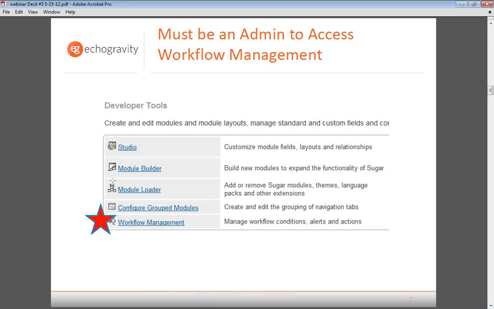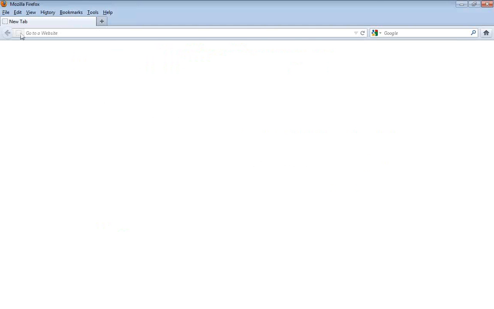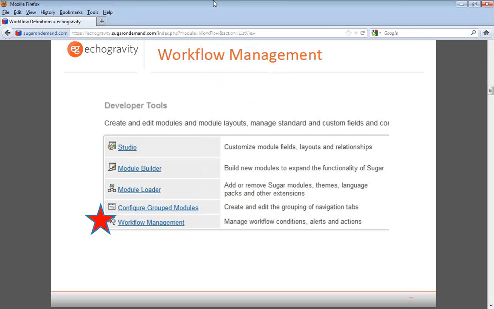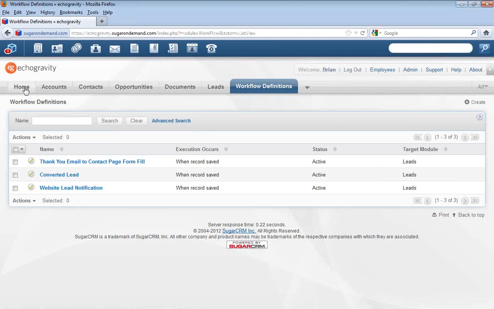So one important note is that you do need to be an admin to access workflow management. So if you are not, you may have a little challenge in this presentation, but follow with me and maybe it'll be useful here. Actually, I'm going to show you exactly where you need to go inside of Sugar to access that. So if you're in the home page,